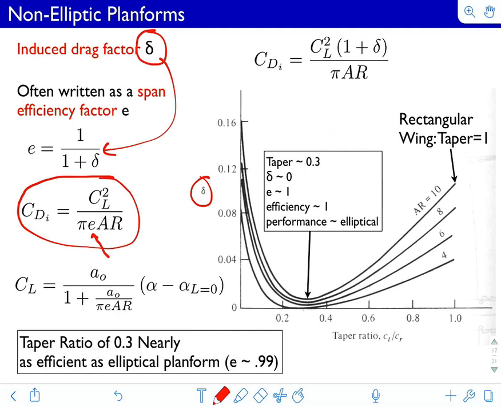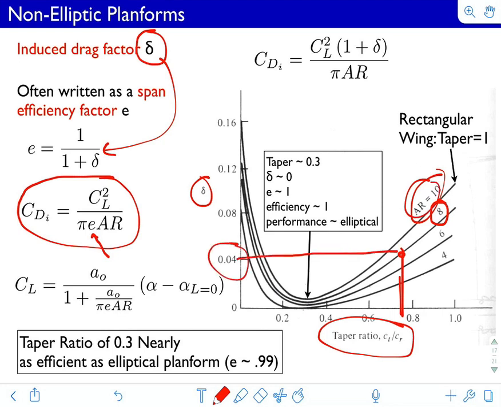But if we have a non-elliptical lift distribution, for example, if our wing is tapered and untwisted and uses a constant foil, it will be non-elliptical. Here, for example, is our variation of taper ratio and aspect ratio. Now for the wing we'll be working with in class, I think the aspect ratio is about 8 and the taper ratio is somewhere around here. You would figure out what your taper ratio is. That's a geometric parameter. Your aspect ratio is a geometric parameter. You draw this over here and figure out what delta is. You pump it in here, and E ends up being about 0.98, something like that. So you can get close to 98% efficiency compared to if you really went to the expense of making a wing that produced an elliptical lift distribution,